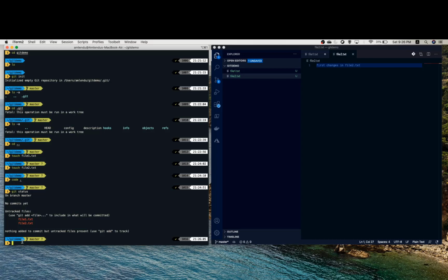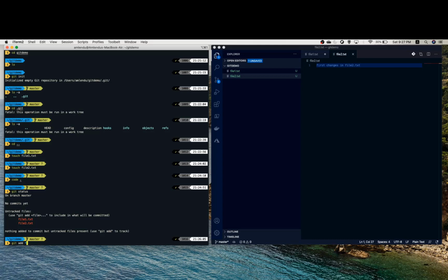So how can I make a file go from untracked status to tracked status? There is another command named git add which allows me to change the status of a file from untracked to tracked. So let us do that. Here there are two options. I can explicitly mention the file name which I want to be tracked, or I can give star, which means start tracking all the files inside this folder.